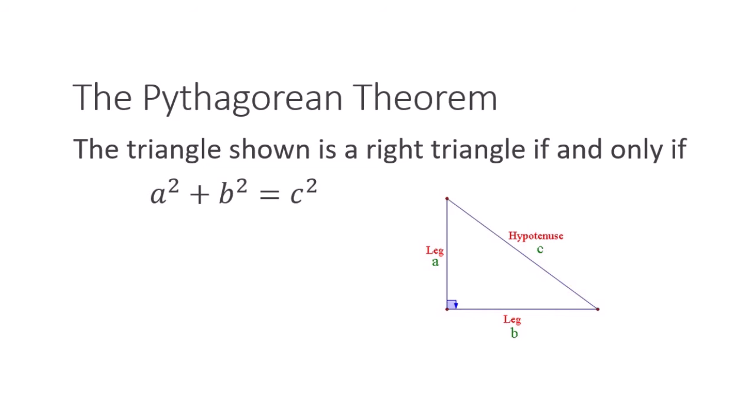All right, so now we're going to take a look at some word problems. And so one thing I want you to remember or know, if you haven't learned this yet, is the Pythagorean theorem. And the Pythagorean theorem says that if you have a right triangle, okay, so if you have a triangle that has a right angle, and a right angle is one that is formed by two perpendicular lines, and its